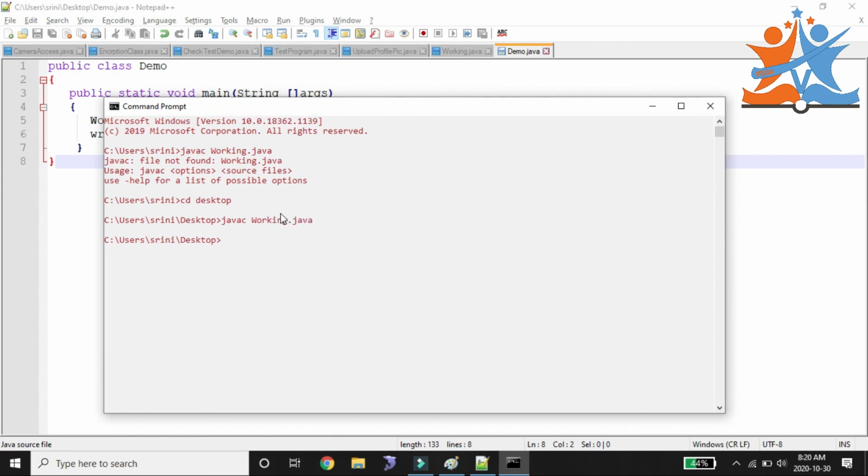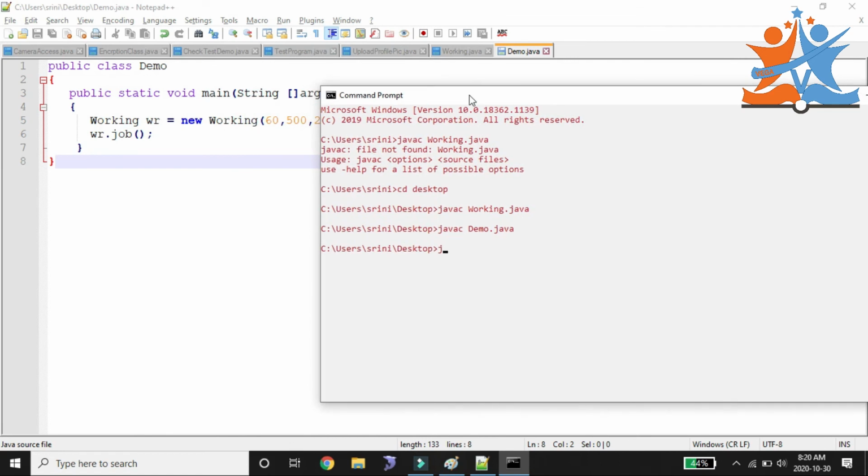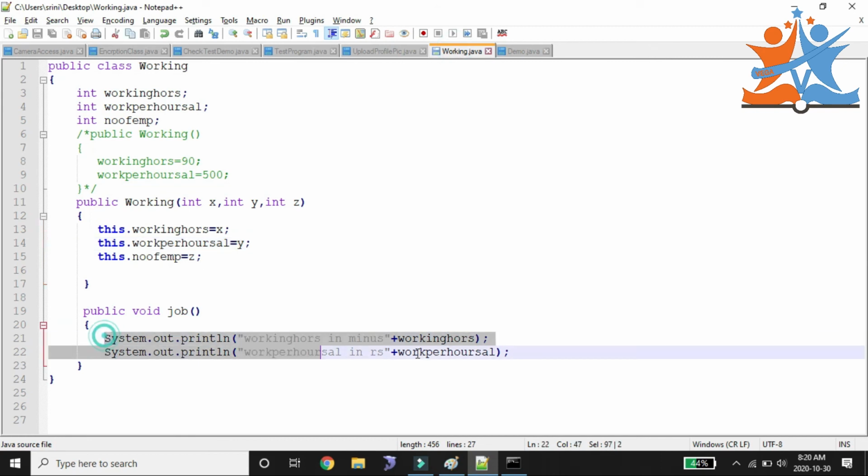We don't have any compile time error. javac demo.java. We don't have any compile time error. Now we need to go for java demo. So we are getting 60 and 500. In working.java we can print only two values, so that is the reason. Like that we will use a normal constructor and a parameterized constructor.